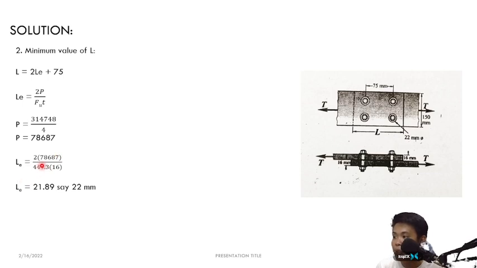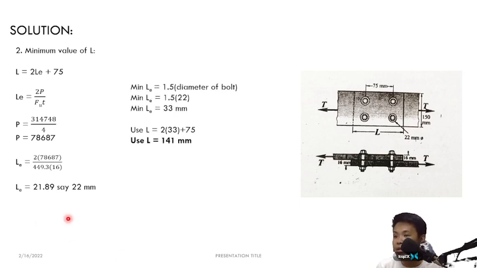So, yung edge distance natin, direct substitution lang din. So, 2 multiplied by 78,687 over 449.3 multiplied by 16. So, yung edge distance natin is, makukuha natin is 21.89. So, let's say it was 22 millimeter. Pero hindi pa yan yung gagamitin natin. So, ngayon, meron din tayong